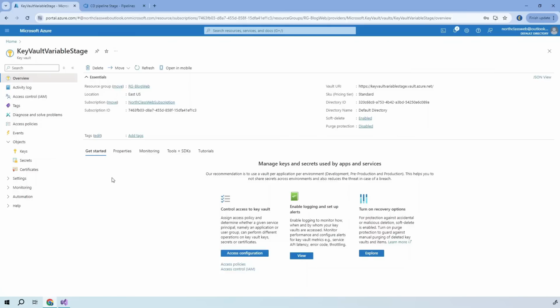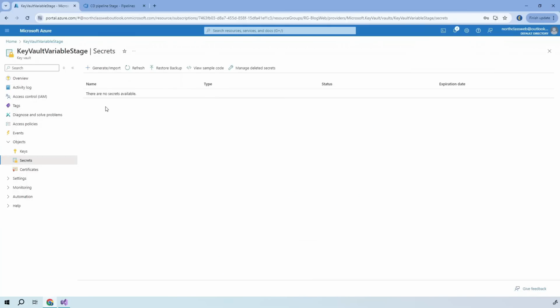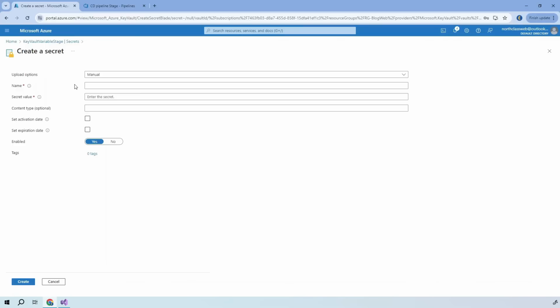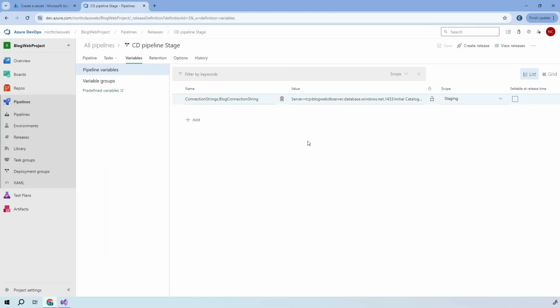Here I can create my secret by going to secrets. Then I will click on generate import. I will provide a name for my secret. It's going to be connection string stage. Then I will provide the secret value, which is the connection string for staging that I provided here in the